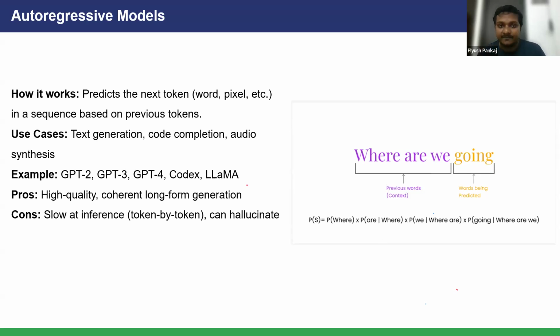It is based on probability, right? And in place of text, we can also have pixels. Pixels are also predicted, which pixels are going to be created. So it is totally based on the sequence of previous tokens, right? It is used in text generation, code completion, audio synthesis, and image generation also, guys. For examples, we have GPT, GPT-3, and when ChatGPT was launched in 2022, it launched with the GPT-3.5 model. GPT-2 and others you can use free of cost, but they are not that effective.